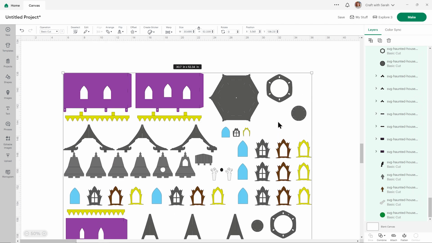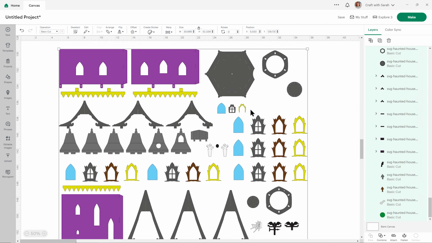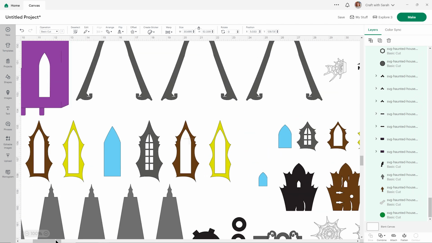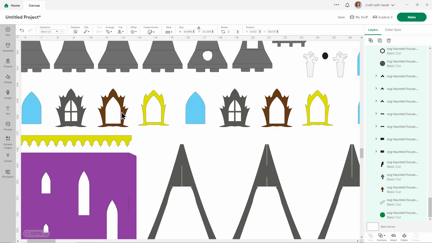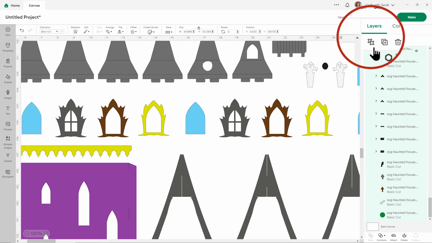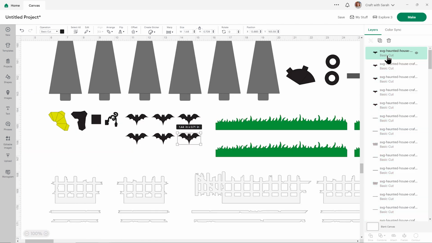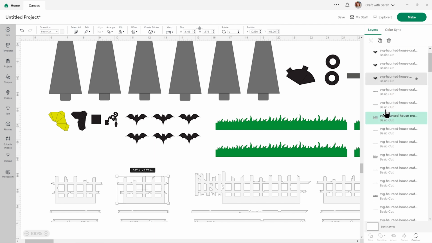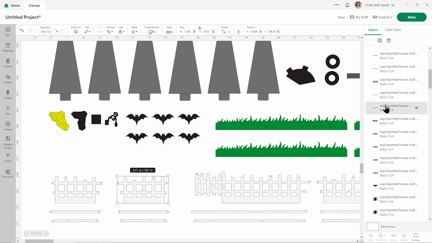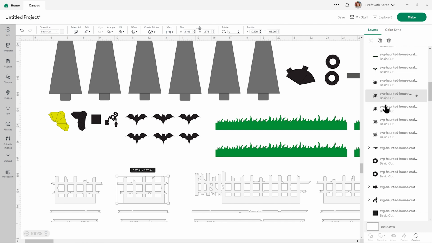And then there are some score lines in here that we need to format. I'll zoom in a bit to make them easier to see. Click on the whole design and ungroup the layers by pressing the Ungroup button at the top of the Layers panel. And now we're going to look through the Layers panel, and all of these pictures here are all single layers. They don't have score lines. So keep looking down, keep looking down. We're going quite a long way.